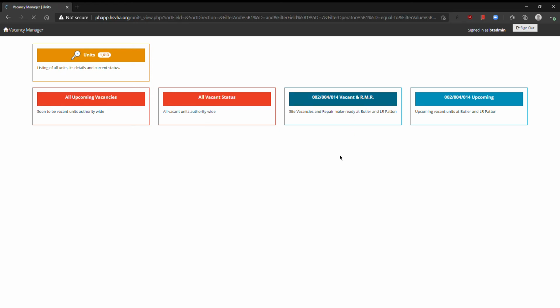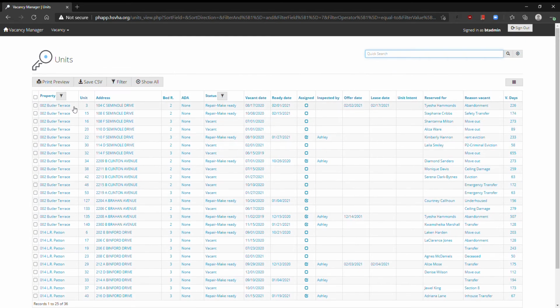If we click on one of these, it pulls up a list of units that are in various stages of being vacant or repaired. There's columns, the first one being property, the next is unit number, the next is the address, next is the number of bedrooms, then ADA features, if there's a handicap accessibility feature, it will be listed there. The current status that it is right now, the vacant date, or the date it became vacant, the ready date,